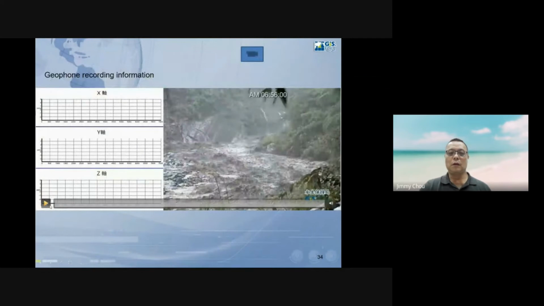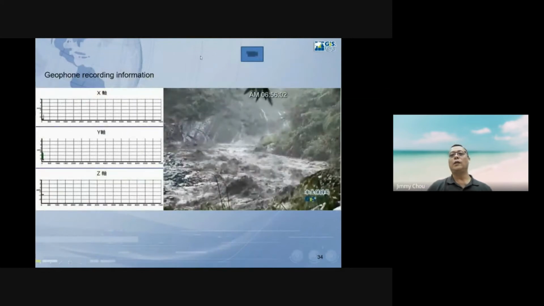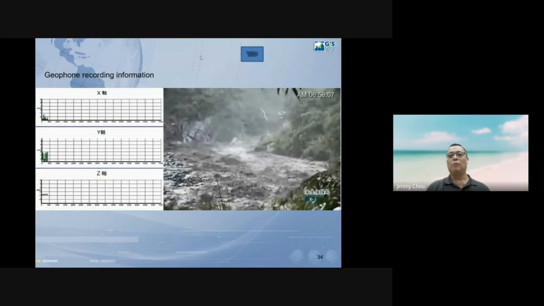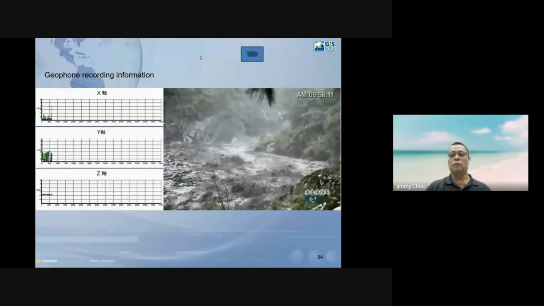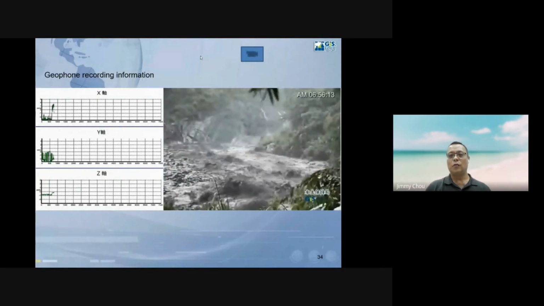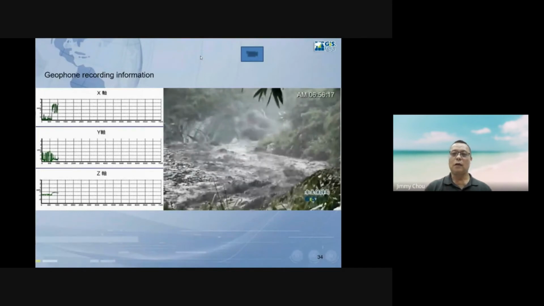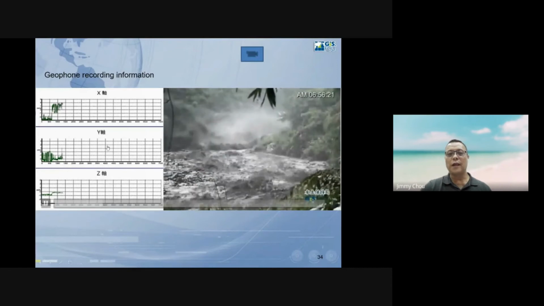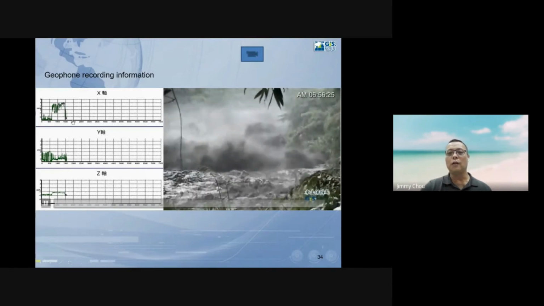And if you look at the screen, I would like to show you one of the debris flows that happened in Taiwan many years ago and has been recorded. We can just check that. We can see that in real time in the office or from the cell phone. So this is the geophone. The geophone detected, like, 10 to 15 minutes ago in the upstream